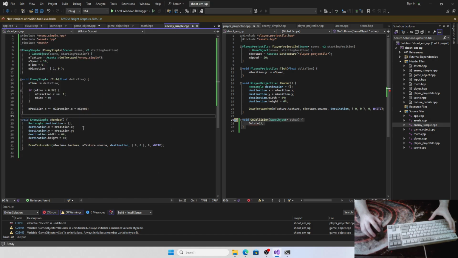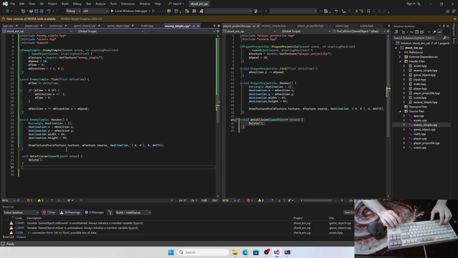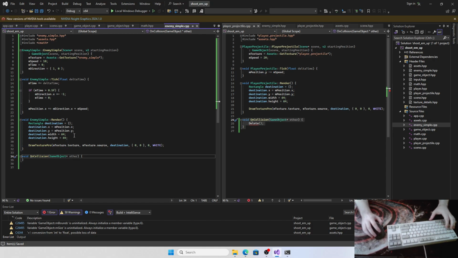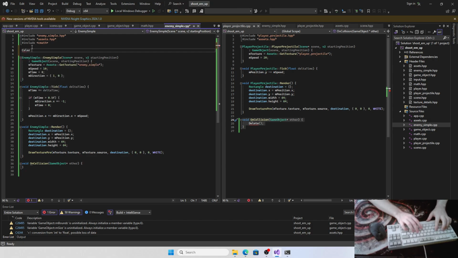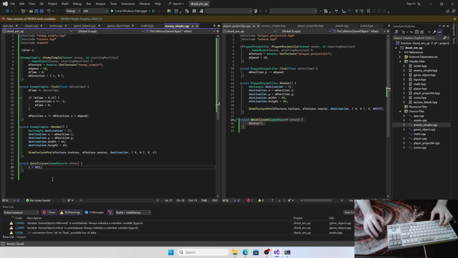If we go in the enemy, we implement this, we are not getting deleted, or maybe we will. Yeah, we can just have a simple thing here like color C, and we have it set to red, right? If we get hit,